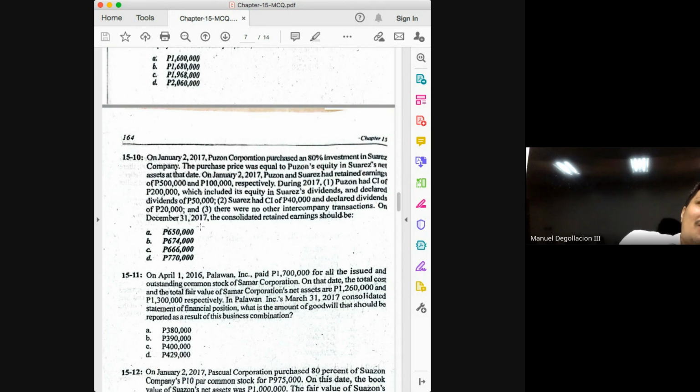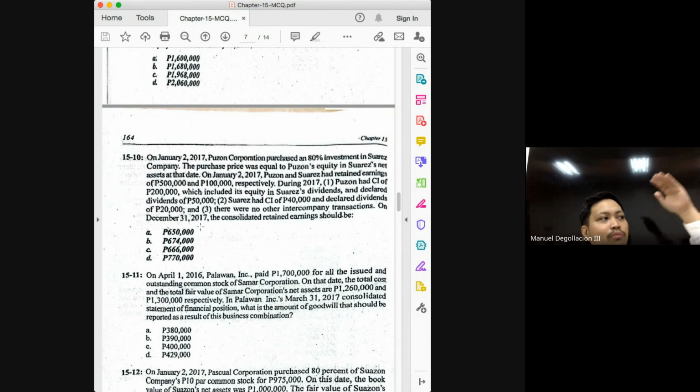Why can we not simply copy the retained earnings of the parent, when what the parent does in its ending RE is RE beginning of the parent plus profit of the parent or minus loss of the parent minus dividends paid by the parent? Why can we not just rely on the amounts reported by the parent? Because again, the profit of the parent is not synonymous with the profit of the consolidated entity. But again, what's our general formula for ending RE, class?